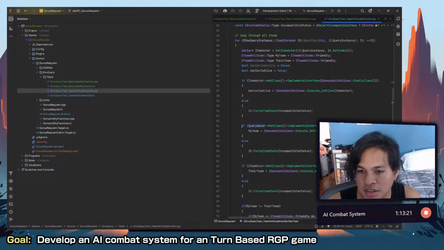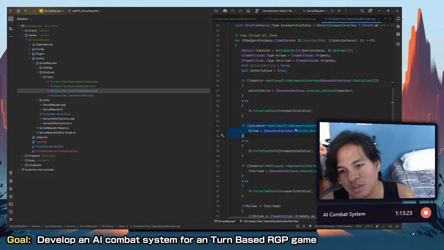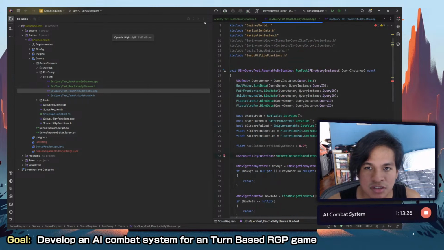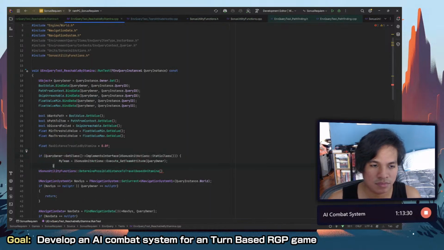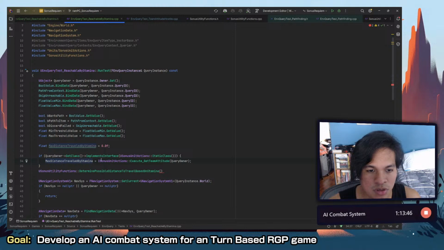Query owner gets get class, and I want to know if it's implementing the interface that I need. So when query owner get class implements the interface, the unit actions. If it does, then this max distance travel should be equal to unit actions execute